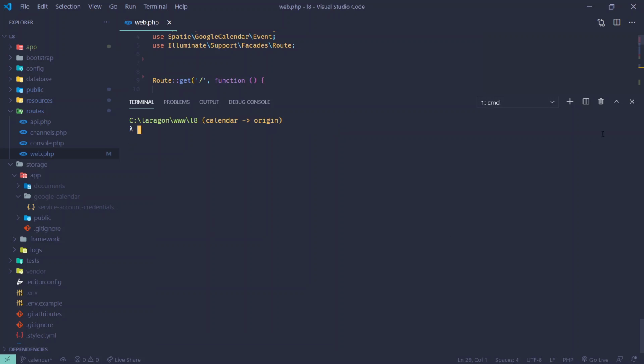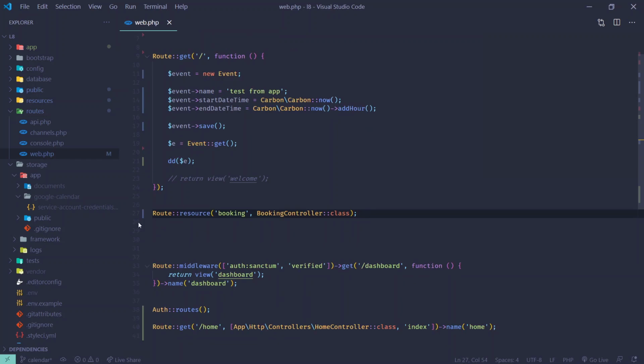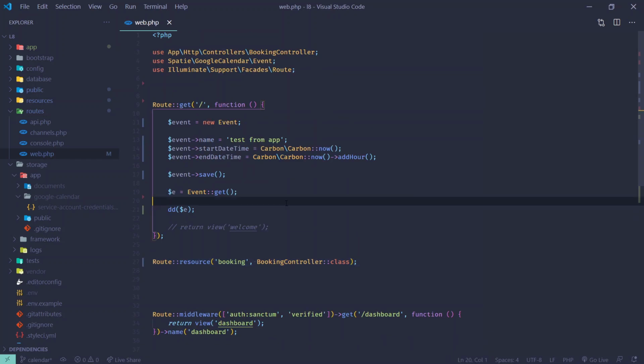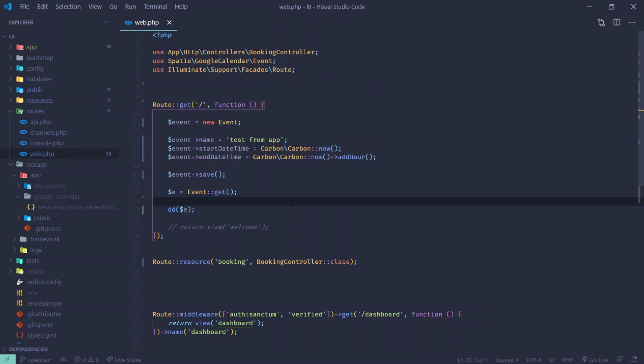So I've created this controller, and then add this line, route resource booking controller class. Okay, so our resource route is set. Let's head over to, so before heading up to booking controller,